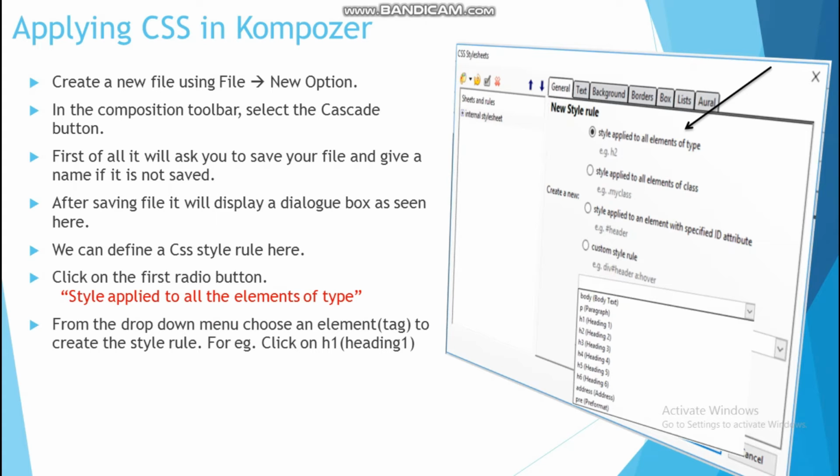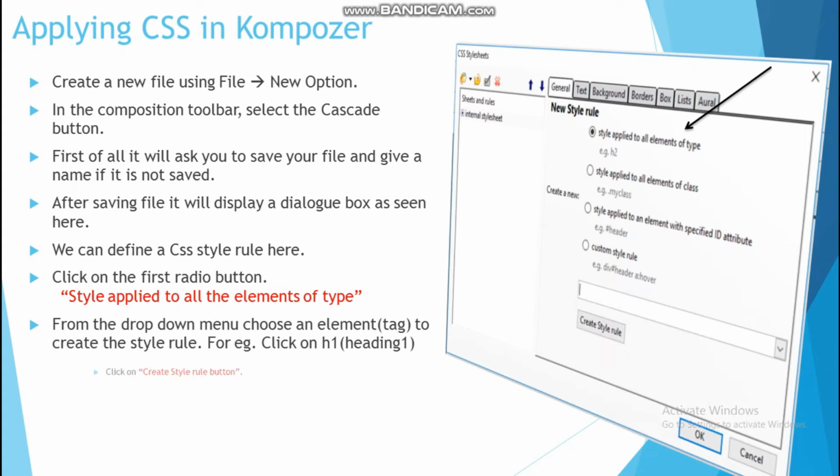For example, click on H1, means heading 1. In the drop down menu, you can see the H1 heading 1 option is given. So click on it. Click on the create style rule button. So here the create style rule button is given. When you click on that button, it will apply a rule for the H1 tag.